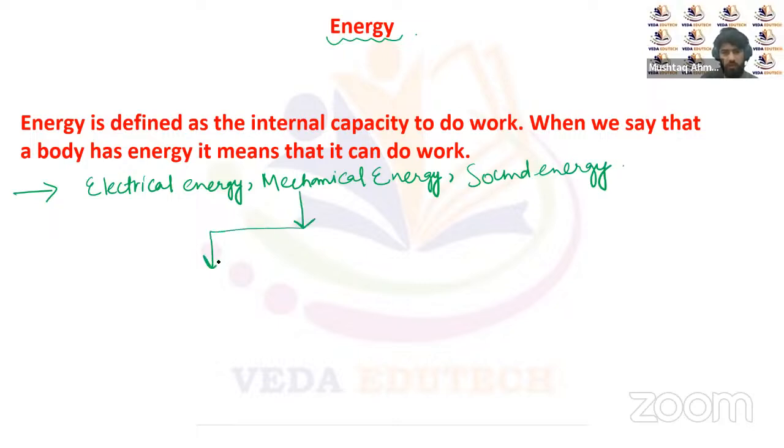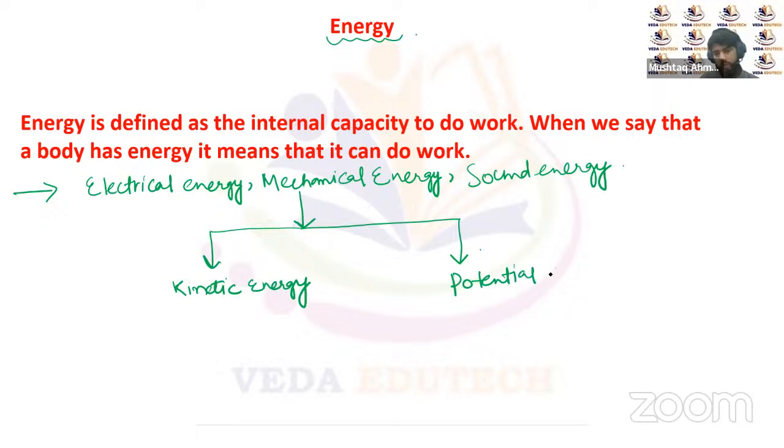So mechanical energy is broadly divided into two types. One is the kinetic energy. Another is the potential energy. Both kinetic energy and potential energy together we call mechanical energy. So